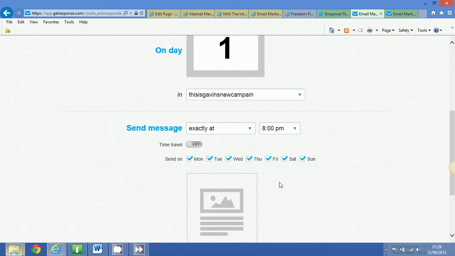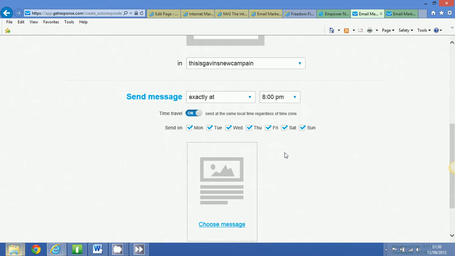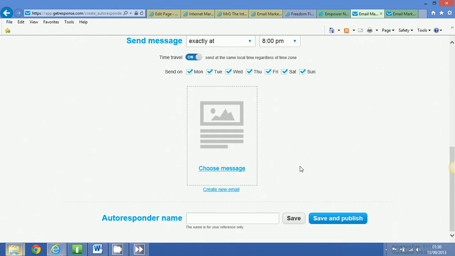And another thing you need to do, guys, is select the option for time travel on, because regardless of where the person opts in, wherever they live in the world, they will always be sent the email at 8 PM, the time that converts better than any other time in the world for purchases of anything. They will get that email at that specific time on a daily basis. Okay guys, and then you want to select the options here that the email can be sent out on any single day, and then back to stage 1 like we did for our email on day 0,